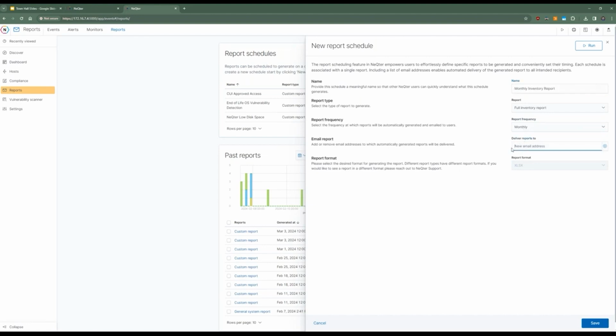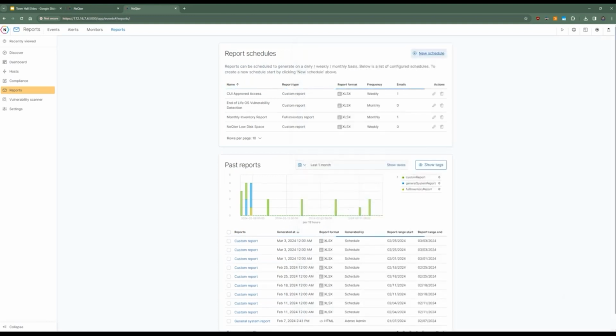I can either elect to just have it run and store in here, or have it shoot me an email. Just add in my email here, and I can have multiple people receive this report via email. And if I save this, this is going to get saved over here right now, monthly inventory report, and then that's going to run monthly.